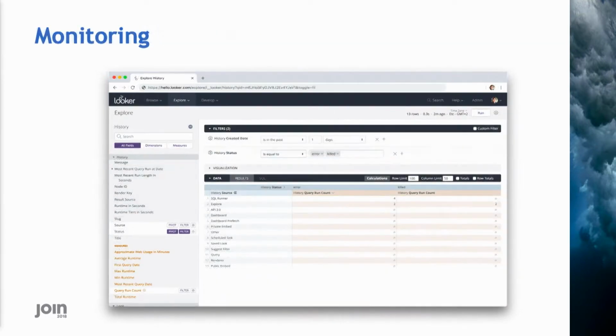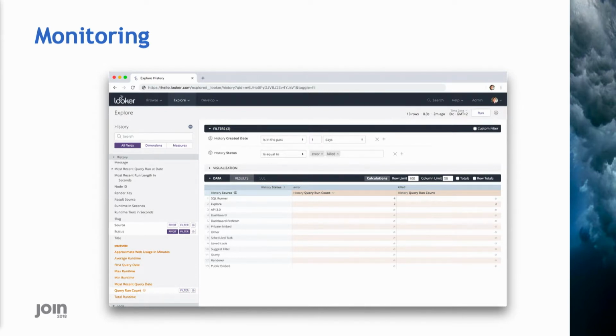All right, so that's the first use case, looking at what's the most popular stuff in your instance. The second use case that we want to talk about is monitoring problems. So looking for areas where your users might be running into queries that are erroring out or schedules that are failing. So in this example, I'm still using the History Explorer, and I've pulled in a new field that I'm